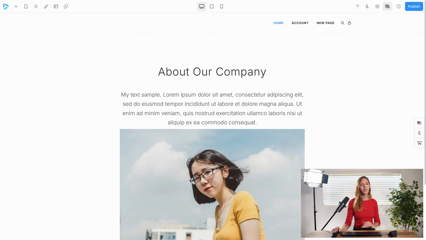So you can do this with any block that you create and you design. You can create as many global blocks as you would like to use. A lot of the time your footer will be a global block, so any information that you have in there, if you want to update it, that's going to be visible on every page in your website. So you want to be able to update that across everything every time you make a change to it. So that is how you can create global blocks in the system. It's pretty easy and